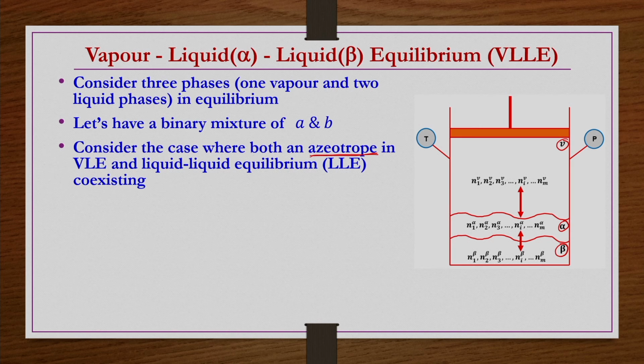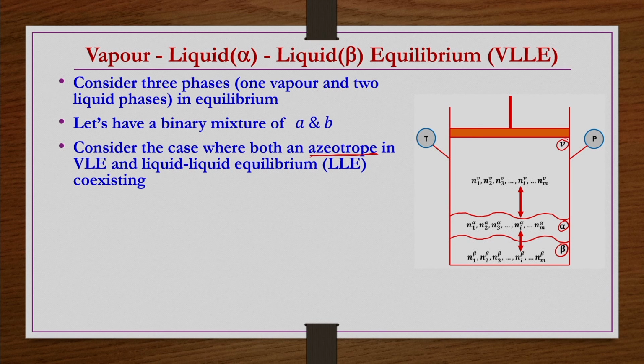Later on in the next class we will be taking a few example problems where we will be having a VLE system without an azeotrope, but still there will be a VLLE case. Later on in the next lecture we will be taking a problem and then we try to draw the phase diagram. So we realize that even without any azeotrope, if there is a VLE, then also it is possible that a VLLE system is possible. But for simplicity, in order to understand VLLE, we start discussing the case having LLE and then VLE, but VLE having an azeotrope as well.